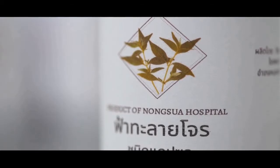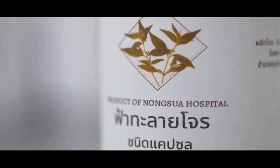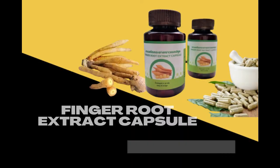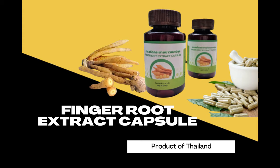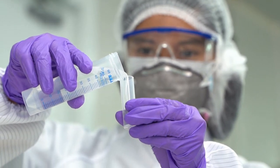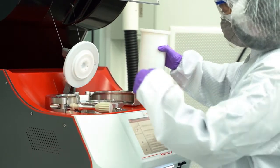This implementation of NQI in farthalazone projects can be applied to other herbal medicine, for example, finger root, for ensuring the quality of product from farm to market shelf. This project can show how to build up the whole chain of metrological traceability via CRM and validated method